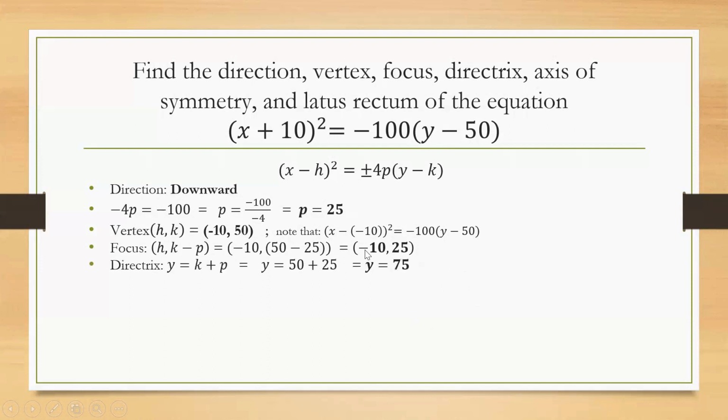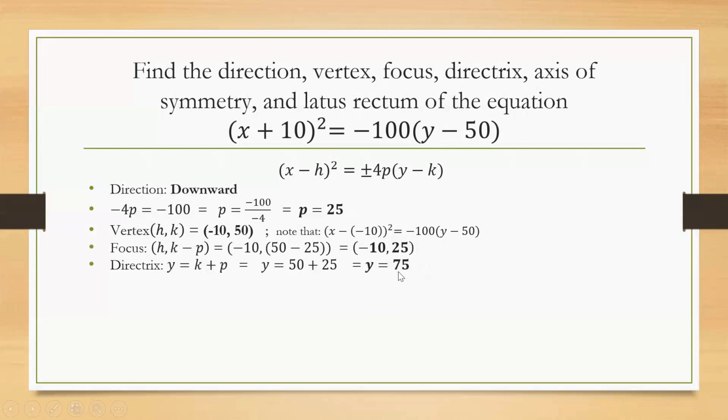And then for our directrix, whatever operation we use to find the focus, we do the opposite for the directrix. So that will be y equals k plus p, and then we put in the values. So that's 50 plus 25 equals 75. So y equals 75